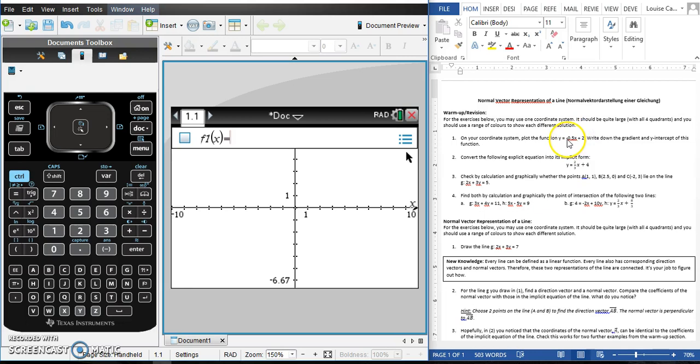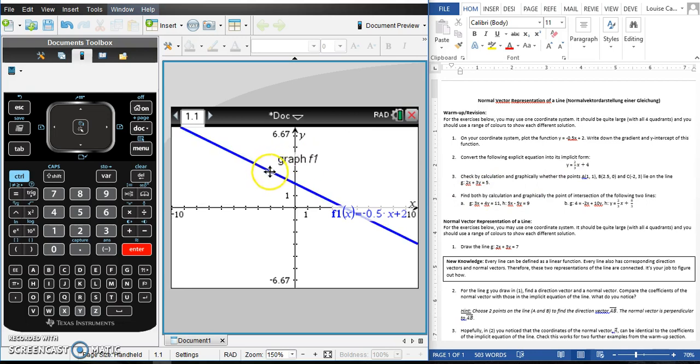Our first function is minus 0.5x plus 2. So we can put this function into here, press enter, and then we have our line here. The gradient, hopefully you remember, is how steep the function is. And I can read off of here that the gradient of this function is minus a half, or I could create a triangle here, and I see that this would be 2 and 4, 2 divided by 4, and of course that's in the negative y direction, so negative 2 divided by 4